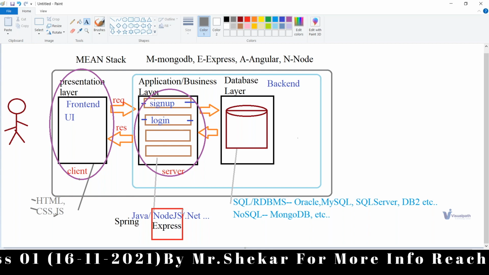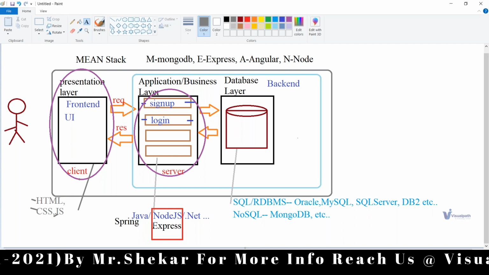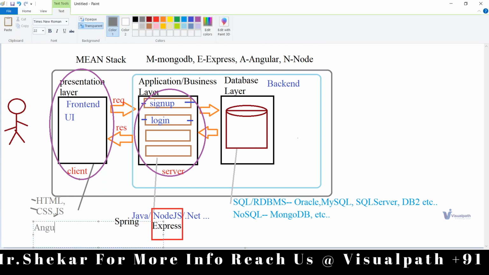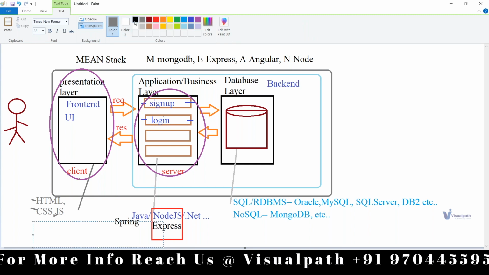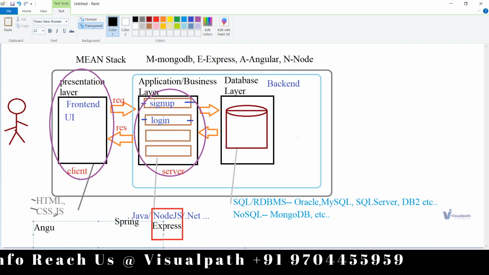But as I told you, we take the help of frameworks, right? In the same way here, you can do plain JavaScript, but here we'll be taking the help of one of the most popular front-end frameworks, that is called the Angular framework.